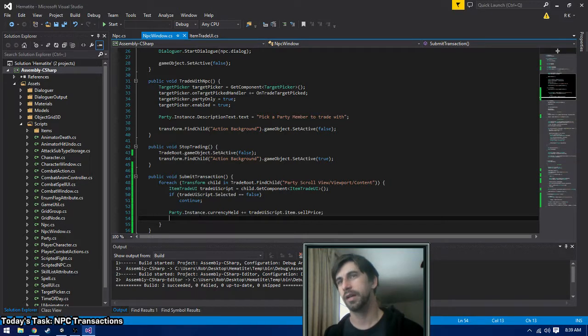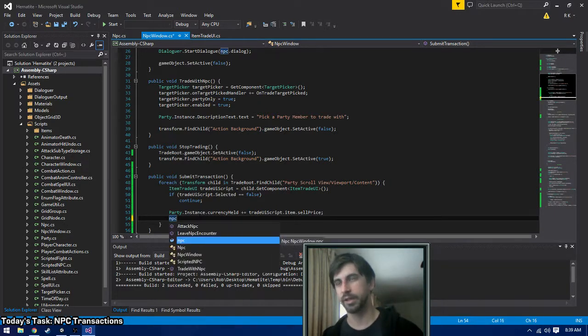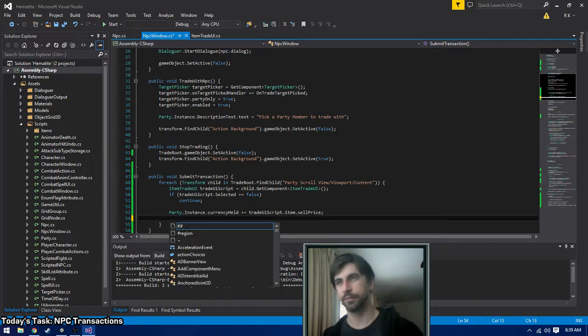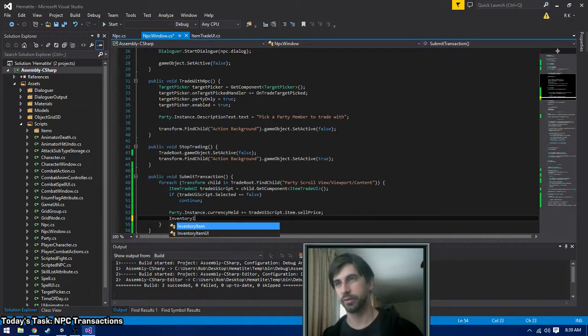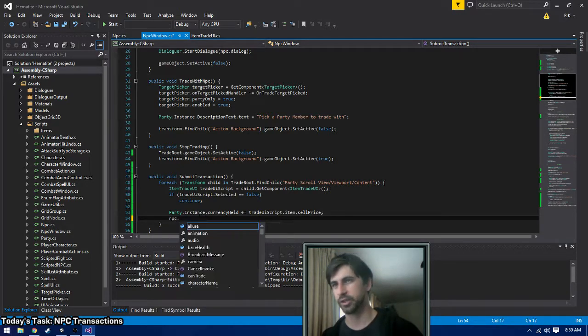Anyway, currency held. Okay, so we get the currency. We now have to remove the item from our inventory and plop it into the NPC's inventory. So we're going to say NPC, first, inventory item. Actually, we already know the item. So the NPC can just get a copy of the item. They don't even need, well,